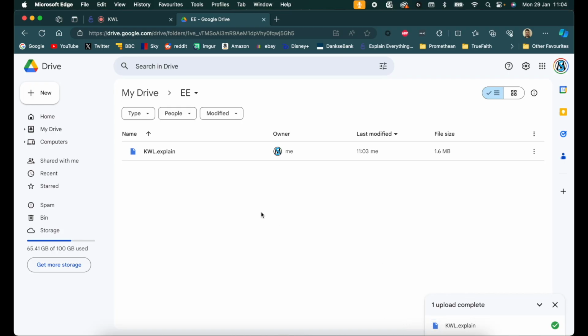I can now keep this in my Google Drive permanently. So I'm saying save it locally, you don't actually need to do that. If I go into my Google Drive, into my files, and I go into this EE folder and I click on this, it will open up automatically in the Explain Everything app. If I then make a change to it and I save it, it will save in Google Drive in this app here,